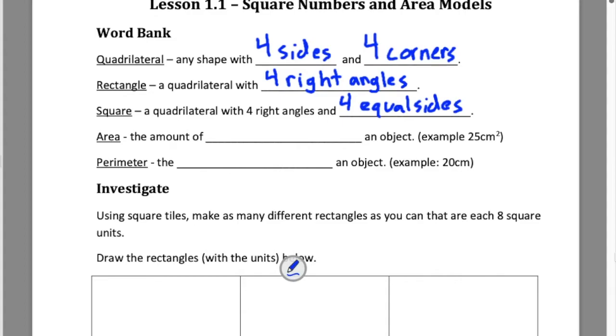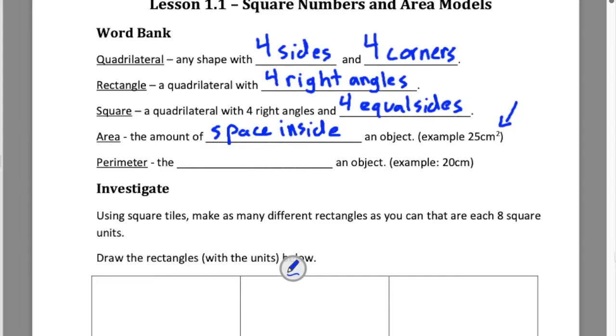The area is the amount of space inside an object. When we write area, we use the little squared symbol to indicate that we've written an area measurement. It's very important that we put the little squared symbol just after our unit of measurement. So we would want to write 25 centimeters squared to indicate that the shape has an interior area of 25